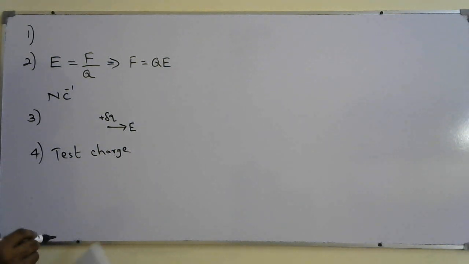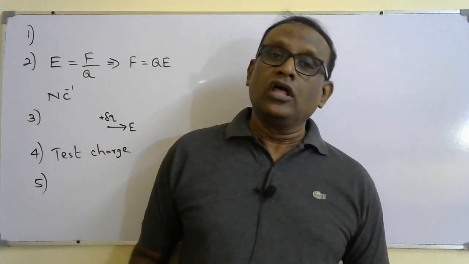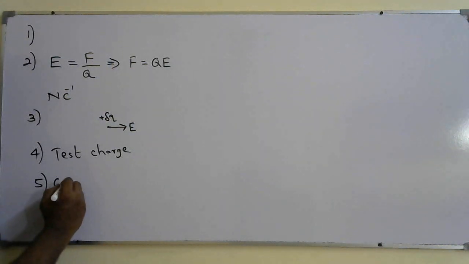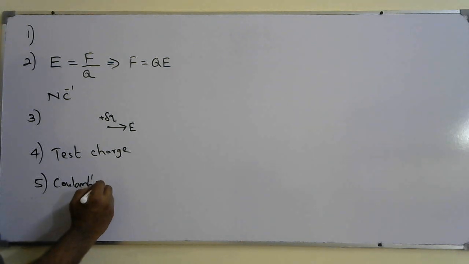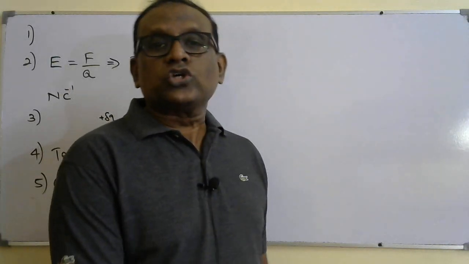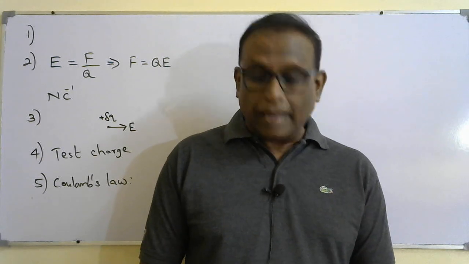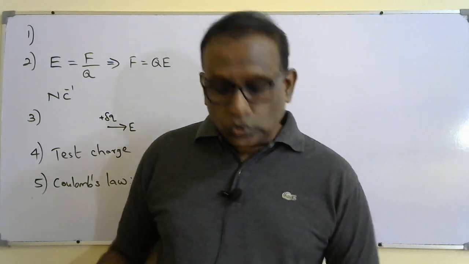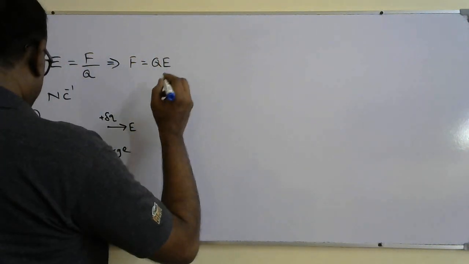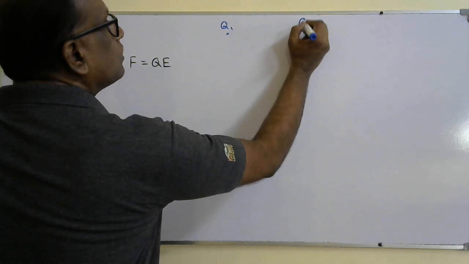Then the fifth point you should know is Coulomb's law. You should be able to state Coulomb's law. What does Coulomb's law say? The electrostatic force between two point charges. Coulomb's law is applicable for point charges only. So Coulomb's law says that the electrostatic force acting between two point charges, Q1 and Q2,